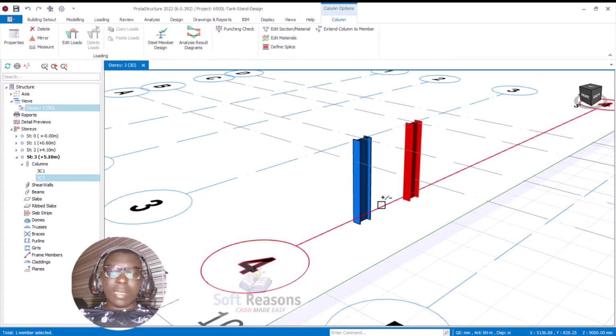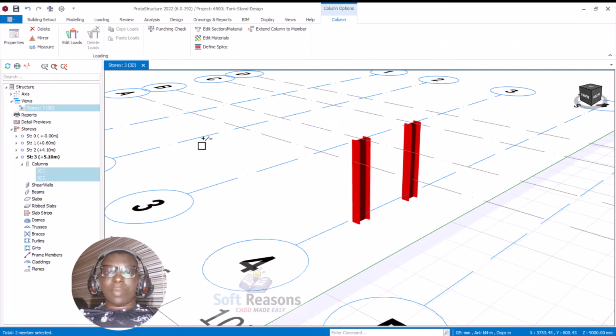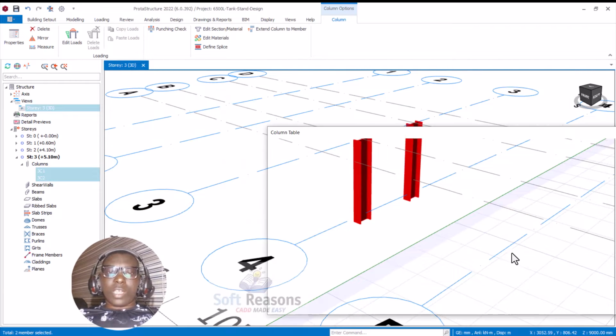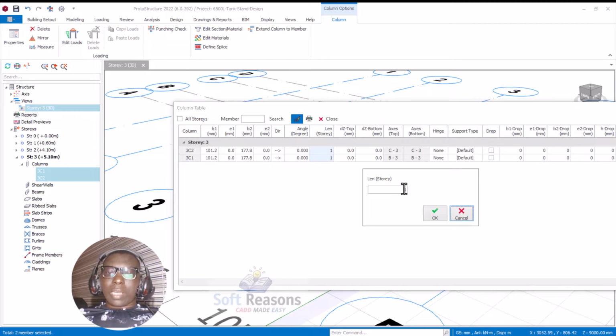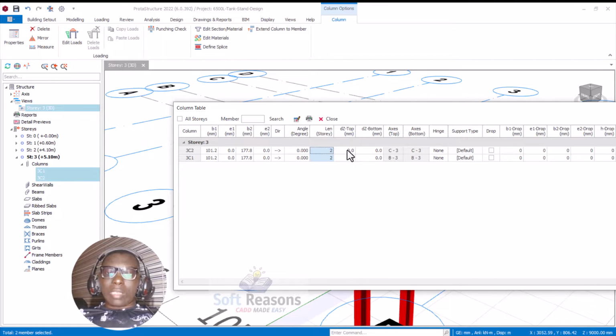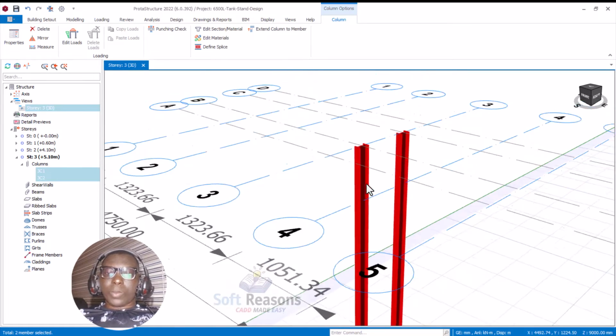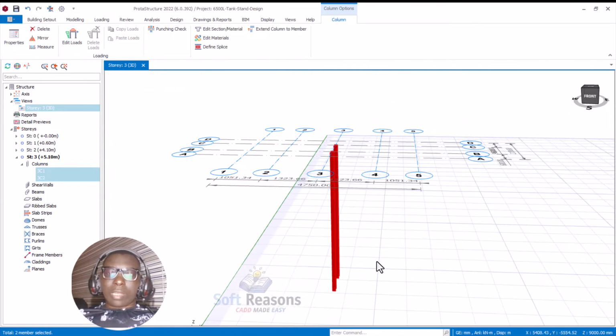So select this one, hold the control key, select this, and then right click and click on edit properties. In the properties where you have lens storage, select this provision, edit it, and then come to this provision, key in 2 right there, click on OK. That has been extended successfully. Click on the OK option. So this is what you now have. So the total length of this tank